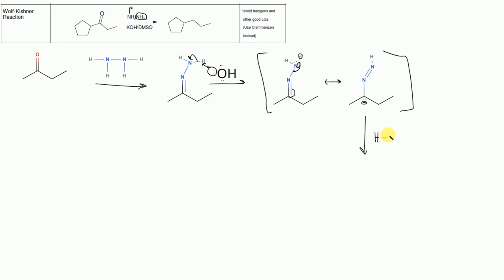H2O, right? Because now I formed a pretty strong base right here. A C minus is very unstable and very basic. So this is going to abstract a proton from water. Okay, and so this is going to form the next. What this forms is basically just this guy, it's protonated, and there's nothing on that carbon. Now we have a neutral molecule again, and so essentially what we do is we repeat the steps again,